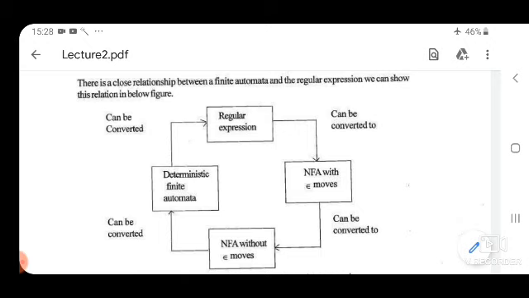In this video lecture we will discuss how to convert a regular expression into an FA.